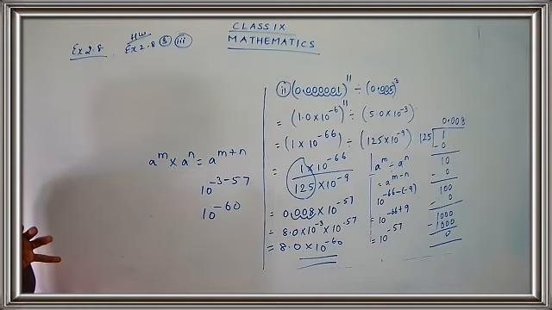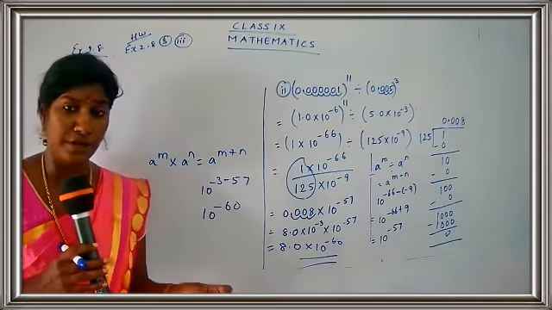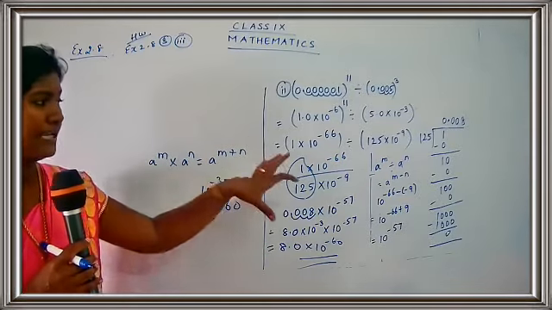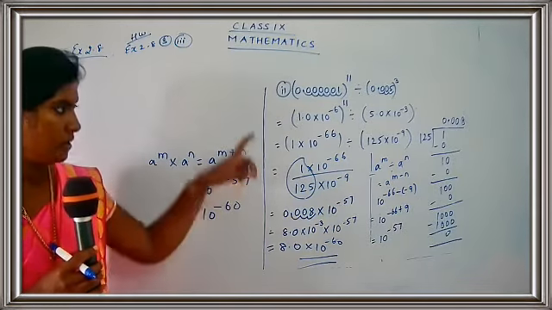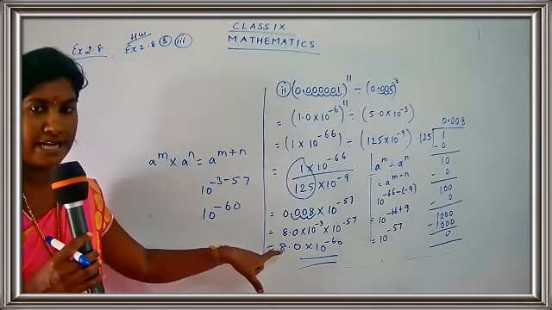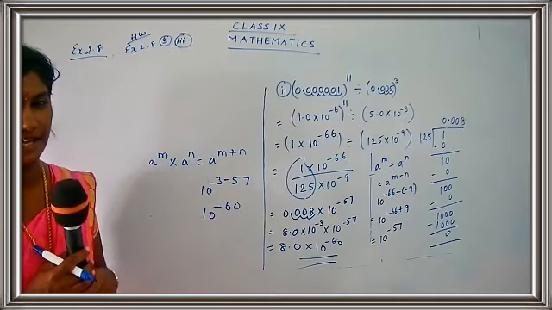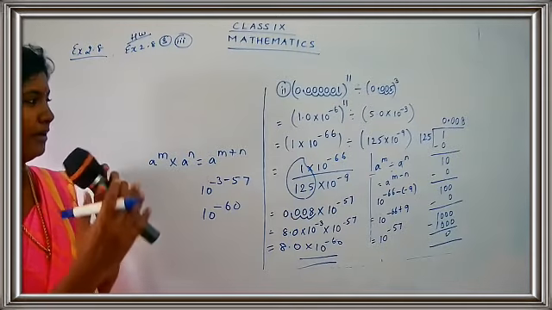So here, the very important thing is, you should know how to change the numbers into scientific notation. That is the first thing. After doing that, in some of the cases, you have to apply the law of indices. Already we have written the laws of indices. Yes, children, you can just use the law of indices and complete your sum. Very easy. Only thing is, you have to be very careful.